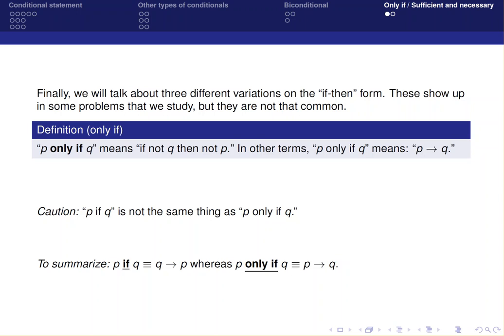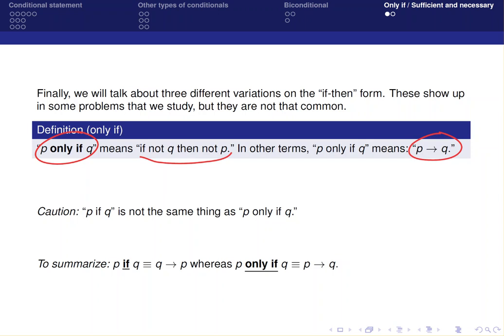A little bit less useful in my class and less common are the words "only if" and "sufficient" and "necessary." These words will represent conditional statements, and as you can see in the first definition, saying P only if Q means if not Q, then not P. In other terms, if you simplify the expression, saying P only if Q is the same thing as saying P